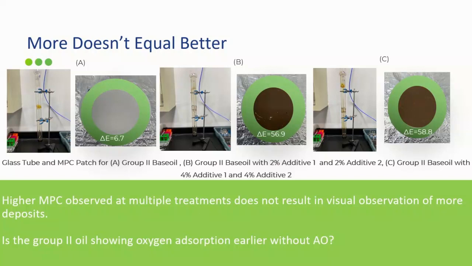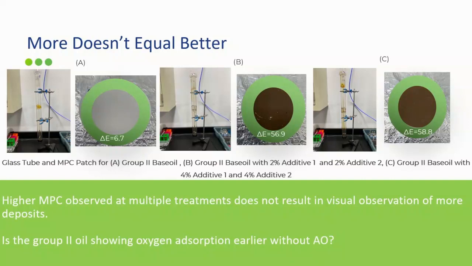56.9. Right? So from our contributions from ruler analysis as well as FTIR, you would expect that the trend of adding double the concentration, pretty much bringing it from 2 to 4% of additives 1 and 2 respectively, we would expect to see a higher varnish on the glass in addition to there being a higher delta E. However, we are not seeing that.